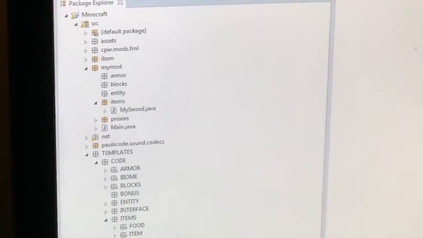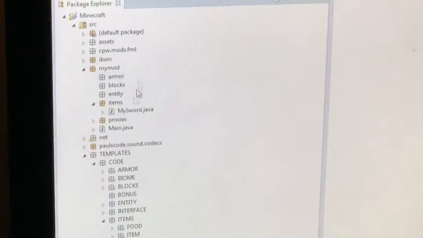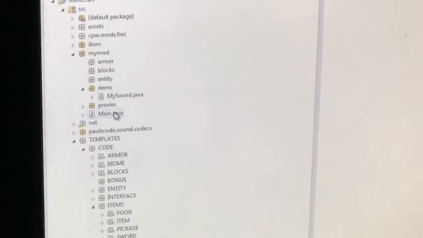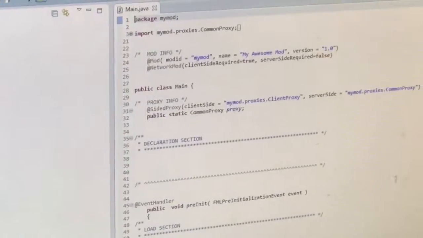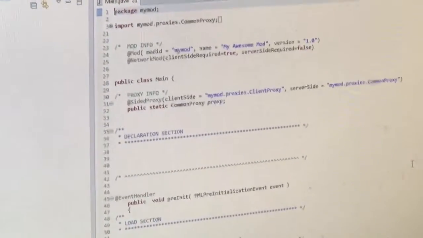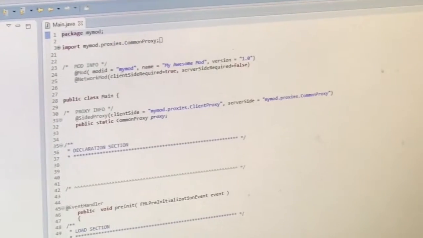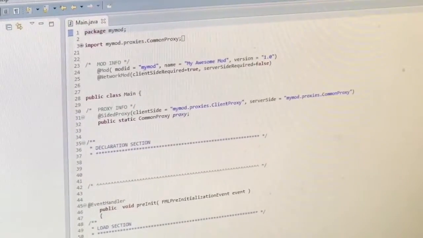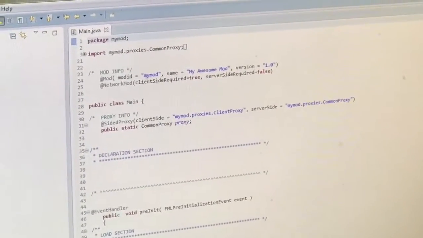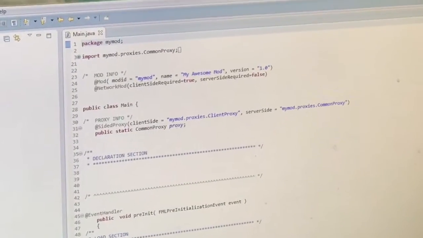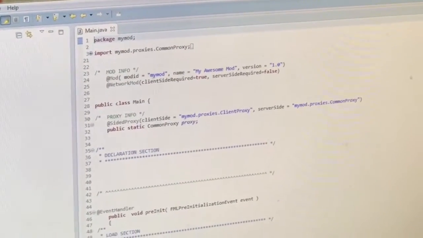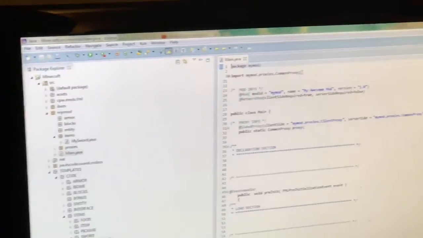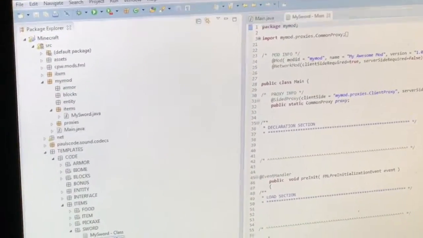And now, since you have that, you're almost finished. But what you want to do is go into main.java, because main.java is where all your coding is, okay? All your coding is gonna be here, besides the mysword.java, which we just created from that class. But now, instead of going into the mysword class again, we want to go into mysword